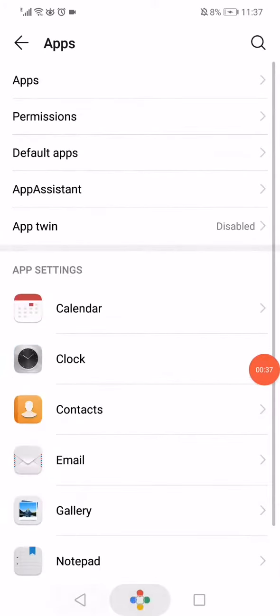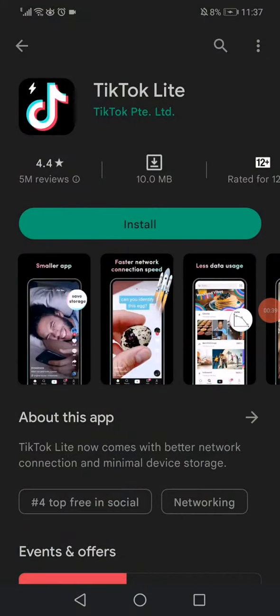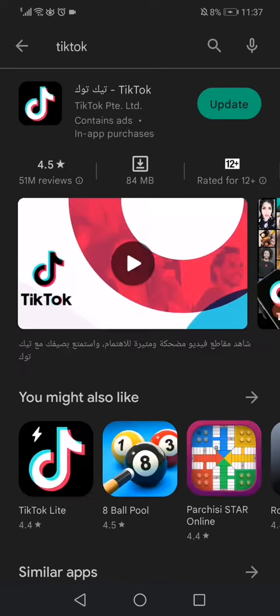That's the first way. The second way is you have to go into the Play Store and search for TikTok and then click on this update option. And if the problem is not solved yet, then you may have to try to remove TikTok from your phone